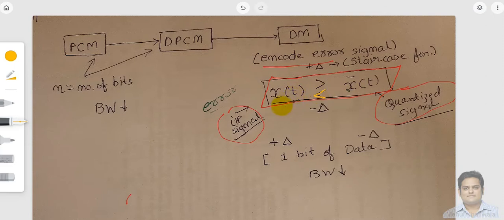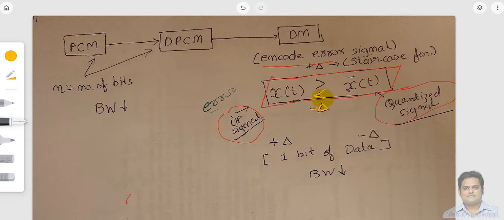In other words, if your input signal x(t) is less than your quantized signal x bar(t), then you are going to go down by this delta step. That is what I have defined by a minus delta. Now what is delta? This delta is the staircase function, as you can see here, which is your delta value.